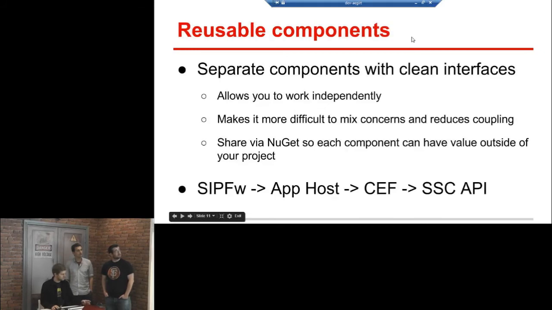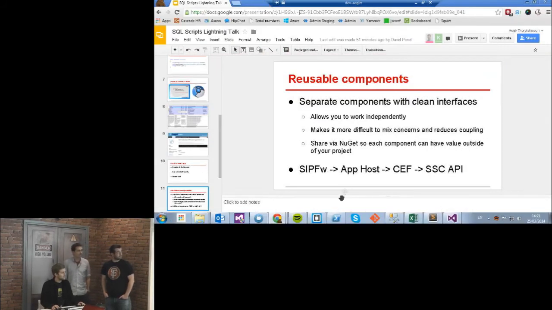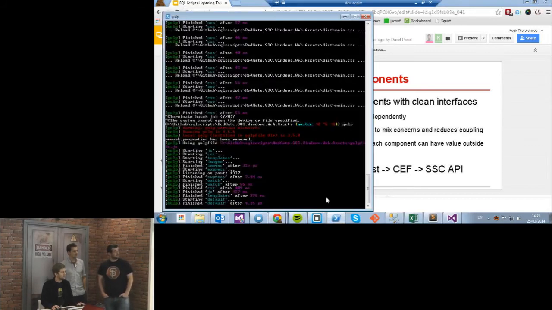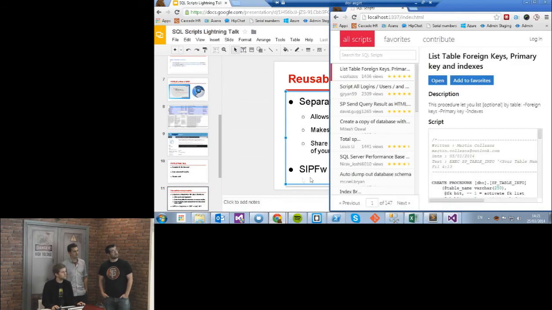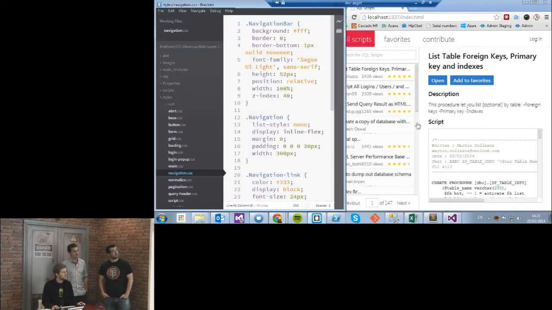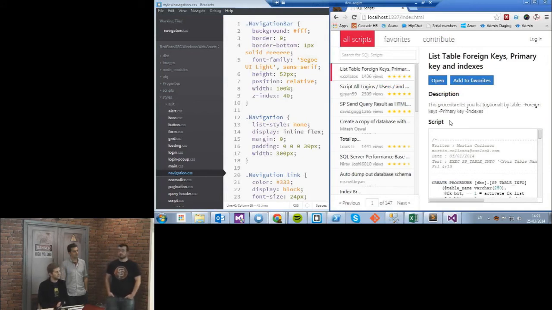So, basically we use Gulp. We just run gulp from the command line after npm install, and it takes care of concatenating all the files and adding them to live reload. Here I have SQL Scripts running in the browser, and the nice thing is that I can develop the whole UI without touching SSMS. So I just do all my work here in the browser,